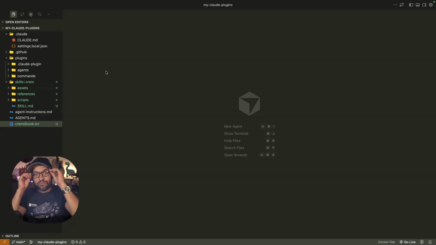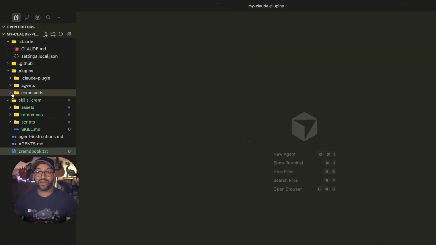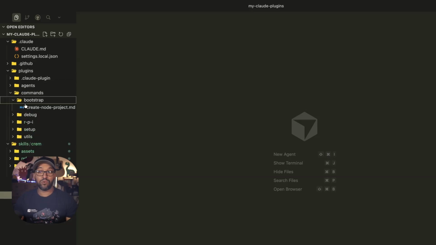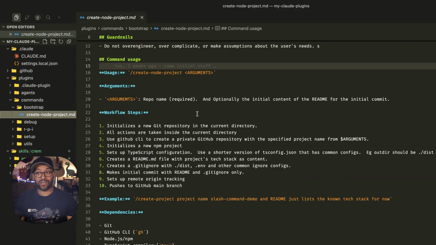So what I'm going to do is reuse the same concept from the slash commands video in this series, where I showed you how I created a slash command that helps me bootstrap a Node project very quickly, right? What it does is basically all of that standard setup, which could take about half an hour to set up a Node.js project from scratch. And while the agent is doing that, you could just go and grab yourself a cup of tea or coffee or something. And by the time you come back, your project is done.